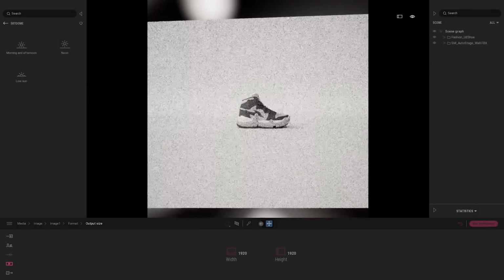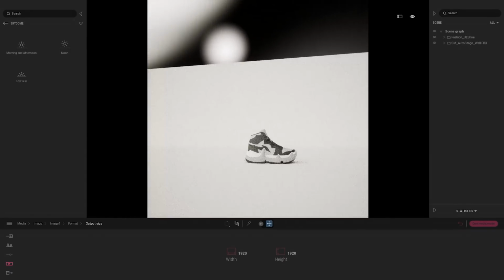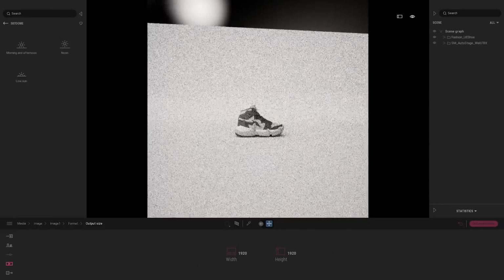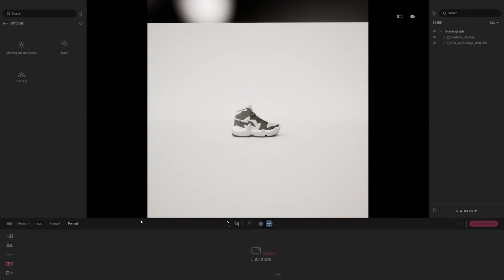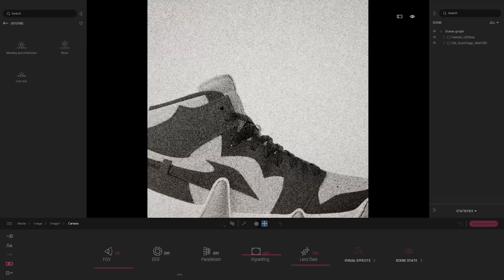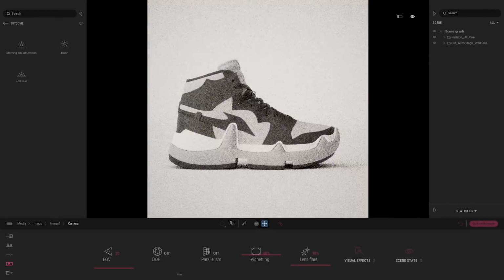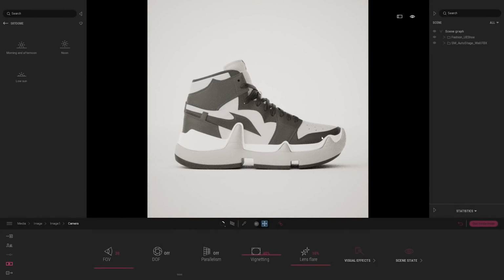So you can see here I'm clipping through my floor over here and I'm seeing a bit of my HDRI in the background. For that I'm just switching back to the camera control, and here I'm going to move the focal length to something a bit smaller, like maybe 20. Moving the camera a bit back so we can see the whole object. Now that I've moved my camera, I need to press that refresh button to memorize the new camera position.